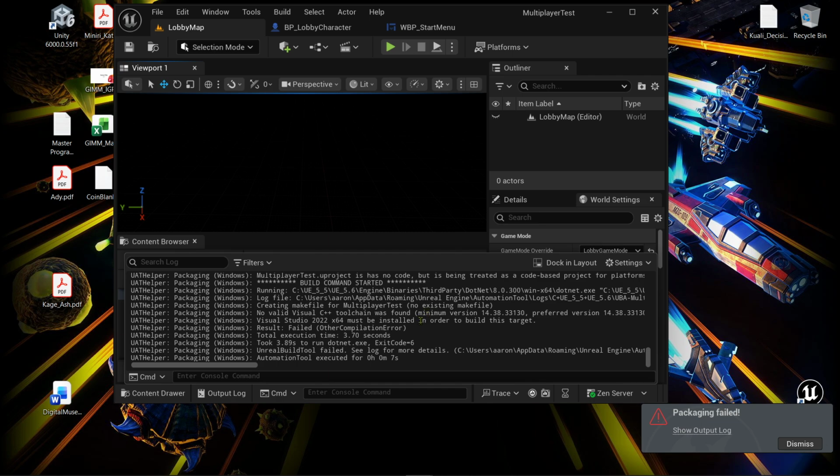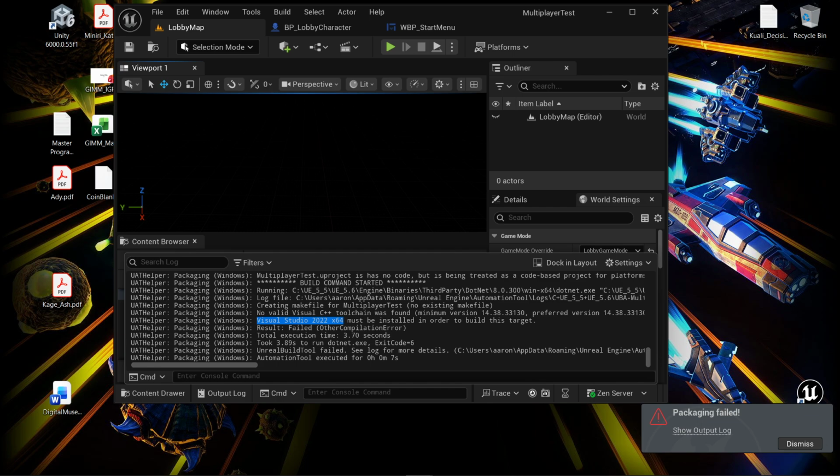And so what you need to do is make sure that you have Visual Studio 2022 installed, and then it has to be the x64 version. The trick with that is you cannot just download 2022 x64. You need to go to Visual Studio, download 2022, and then you need to go into